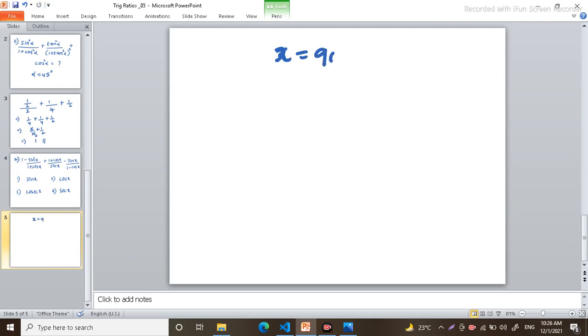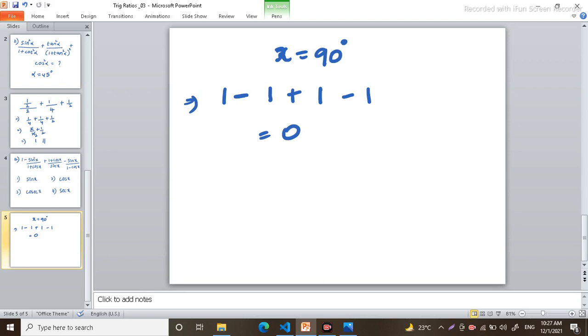When I take the x value as 90 degree and substitute in the question, that is 1 minus sin square x, sin 90 is 1, and 1 plus 0 is 1. Next plus 1 plus cos x, that is 1 plus 0, that is 1, and 1 divided by 1 is 1. Next minus 1 divided by 1 minus 0, that is 1. So the value will be 0. These all will get cancelled. So it will be 0.